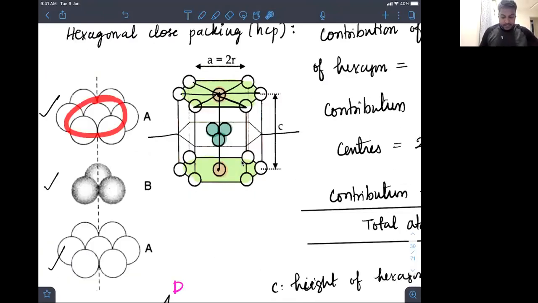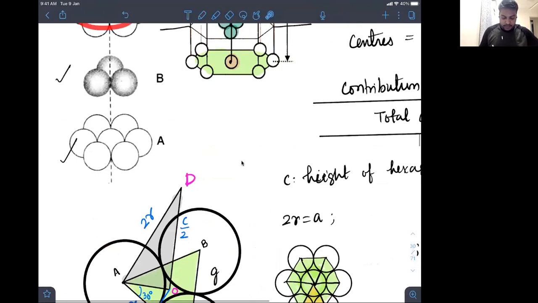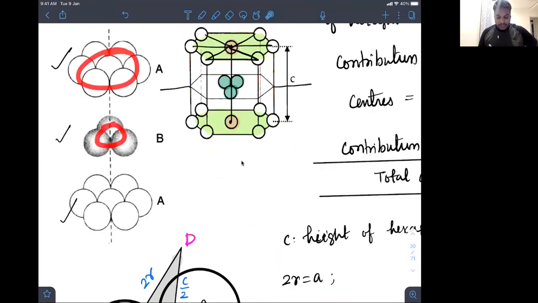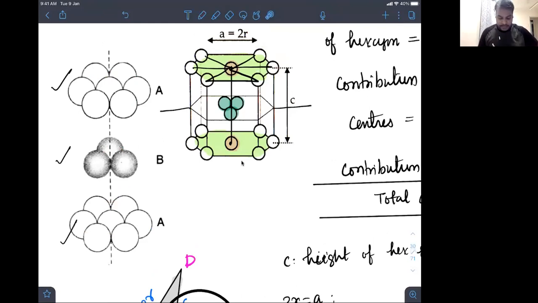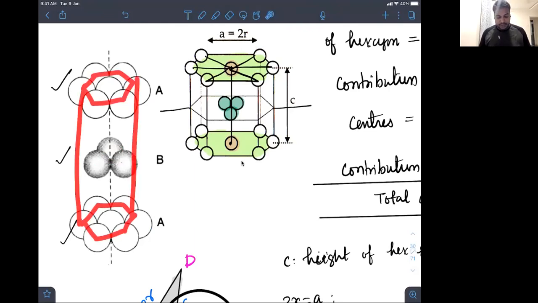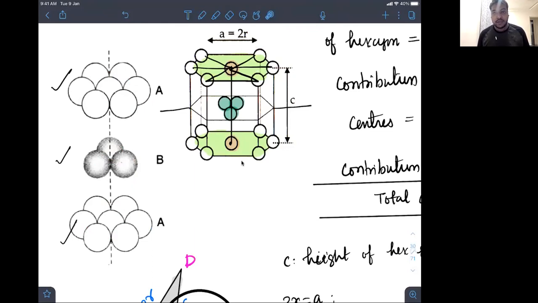This entire thing is A, which I have drawn here, and again we will get those 3 B balls, and then we have this A here, right? So A B is what you'll get. What you will learn is that these three atoms will become a part of this hexagon inside itself. They will not be outside anymore. They don't contribute anything outside this unit cell. They will be inside that unit cell. Okay. So if you look at this, this is the hexagon which is forming, and here also this is the hexagon which is forming. And if you connect all of that this way, you will get a hexagonal unit cell.